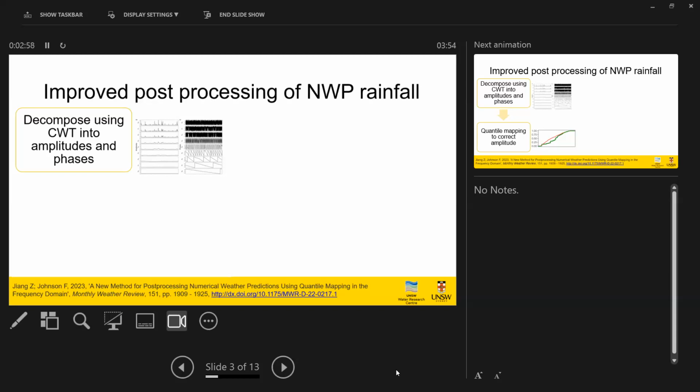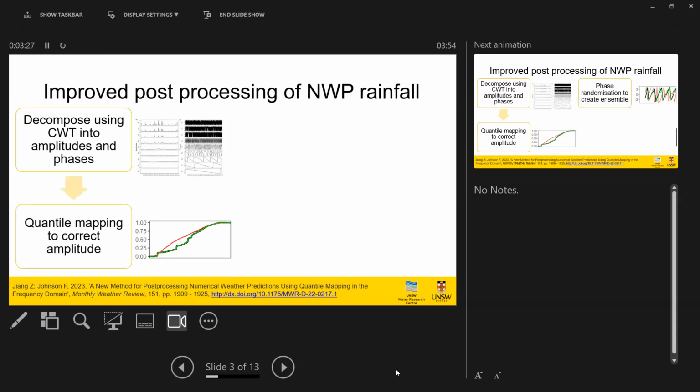Because as many of you know, it's not just the rainfall that's occurring in this current hour, but it's its relationship to the antecedent rainfall too that is going to affect how a flood plays out in reality. And so there hasn't been a lot of work done, I guess, in the use of the spectrum and wavelets as a tool to access that spectrum. And so we had some work published earlier this year in Monthly Weather Review looking at how we could use quantile mapping in the continuous wavelet transforms.